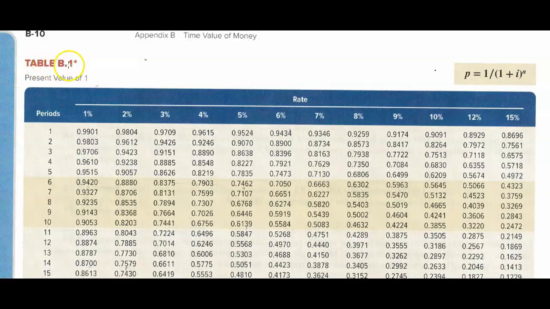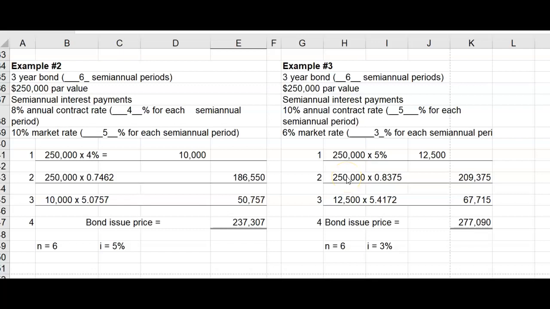Table B1, present value of 1, N equals 6, I equals 3. You have a factor of 0.8375. $250,000 times 0.8375